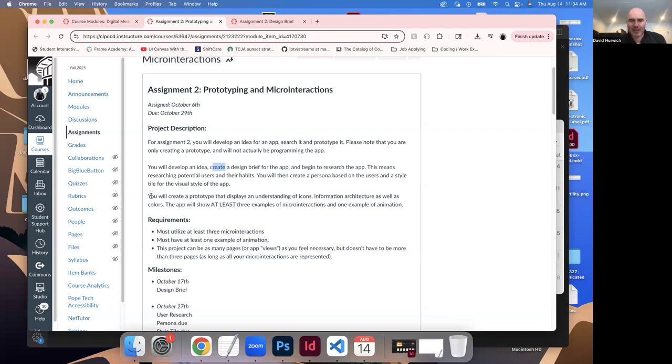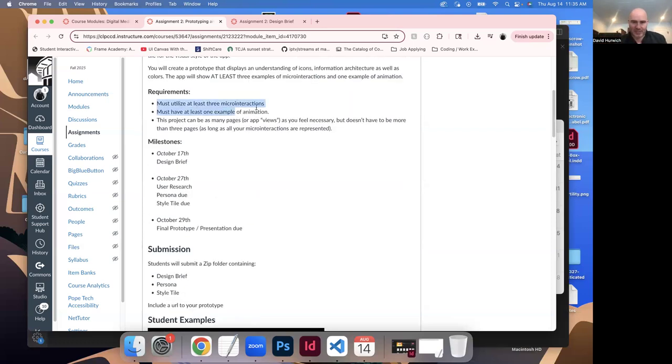And then once you gather all this, you're going to set up the visual style and create what are called microinteractions, which we haven't talked about yet, so don't worry about that. But you're going to have microinteractions that help convey information in your project or your prototype to the user. So just to give you an idea, your final project is going to have 3 microinteractions. Once again, we haven't talked about what a microinteraction is yet. You will find out, and that'll make more sense as the course progresses. You're going to have an animated microinteraction. Once again, we haven't talked about what that is, but we will.